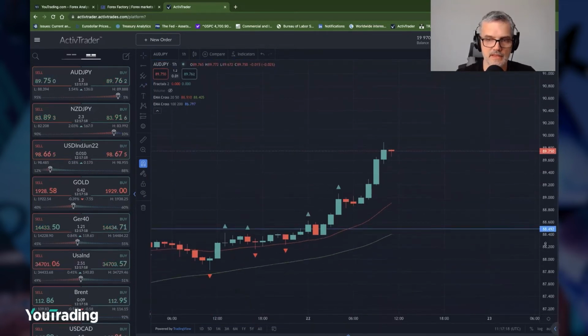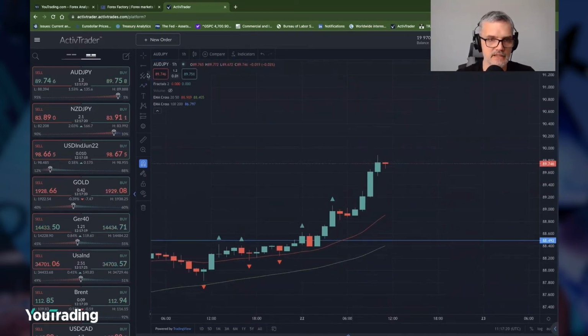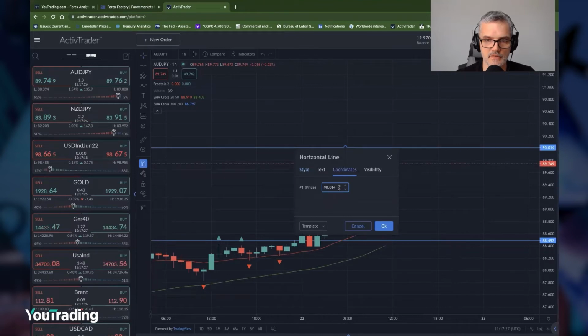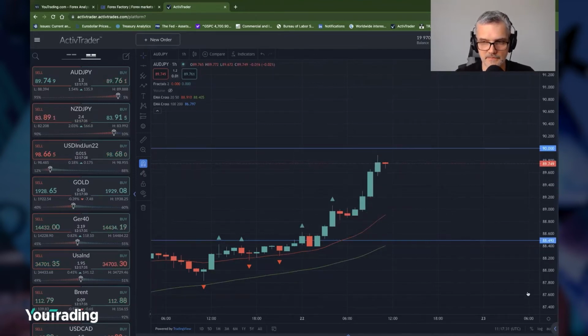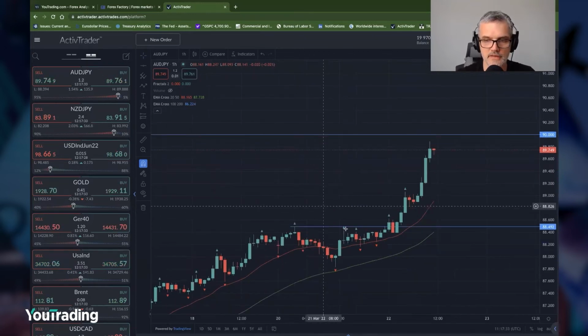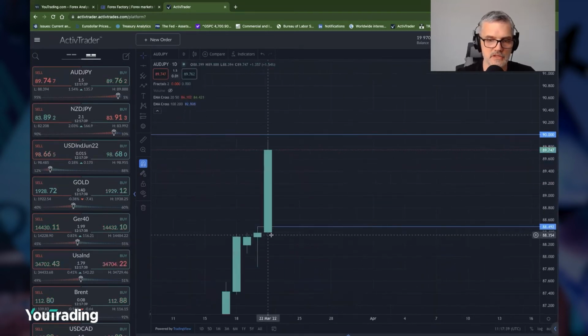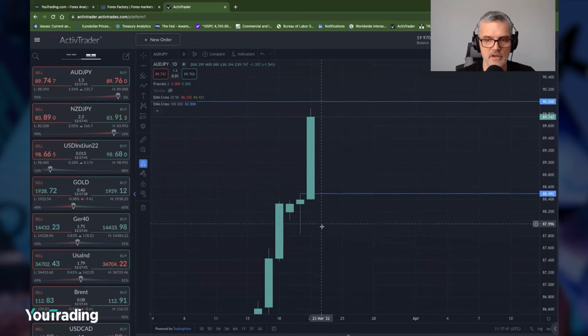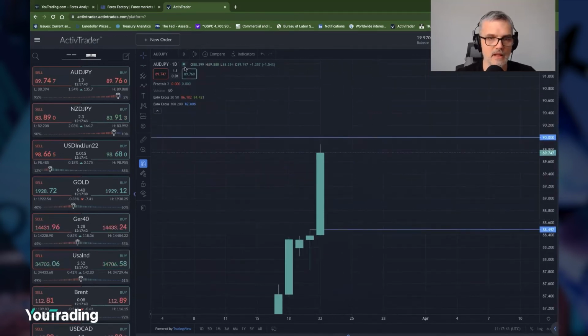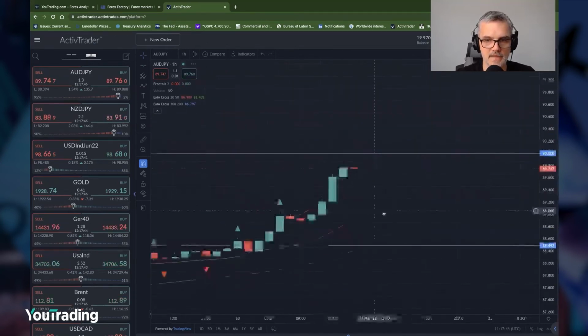So if we're comfortable that the daily is going higher towards the 90, we can put a big line across the 90 and say that's a good target. So using our horizontal line, pop in 90. That's a reminder. We've also got this line here down at 88.492. If we go back to the daily, we can see that was the high from yesterday. So that's another marker. Going back to the hourly,